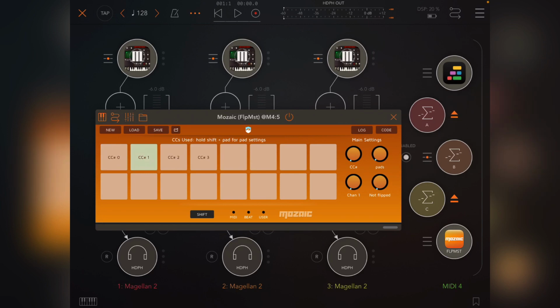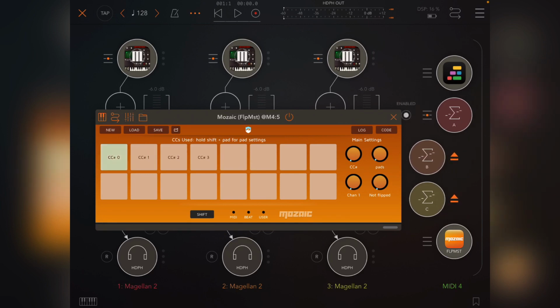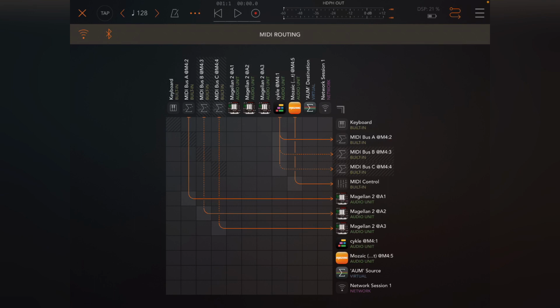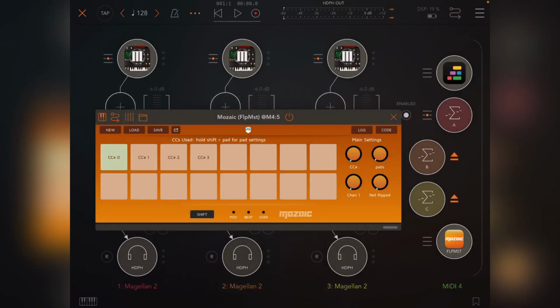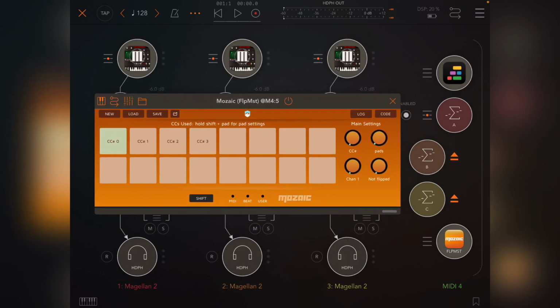So you'll see that as you go to 1, 2, and 3, you've got a MIDI bus, which is going, MIDI bus A is going to the first instance, B is going to the second, C is going to the third, and I've got my one controller going to all of those. So instead of sending the controller directly to the synths, because then I couldn't disengage it, I've got MIDI buses that are going through to the different synths. So if I play that and show an example,